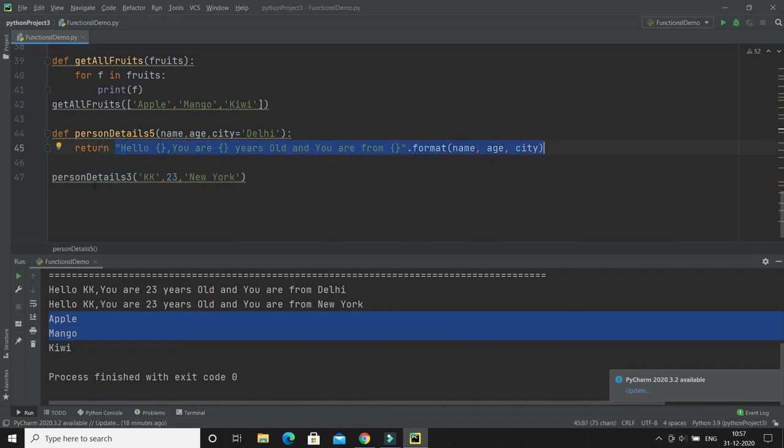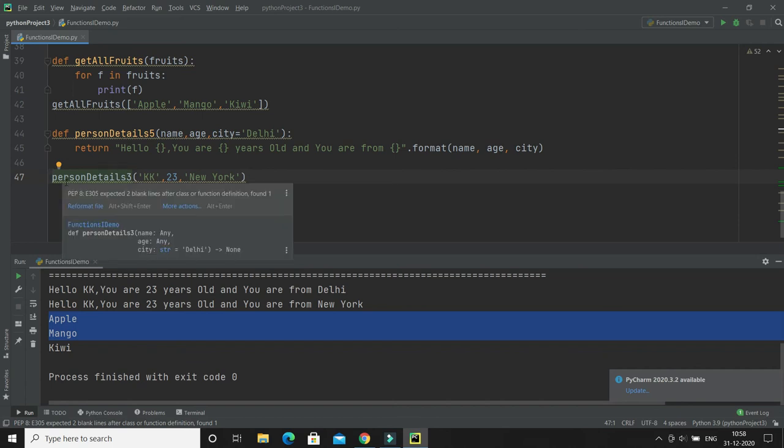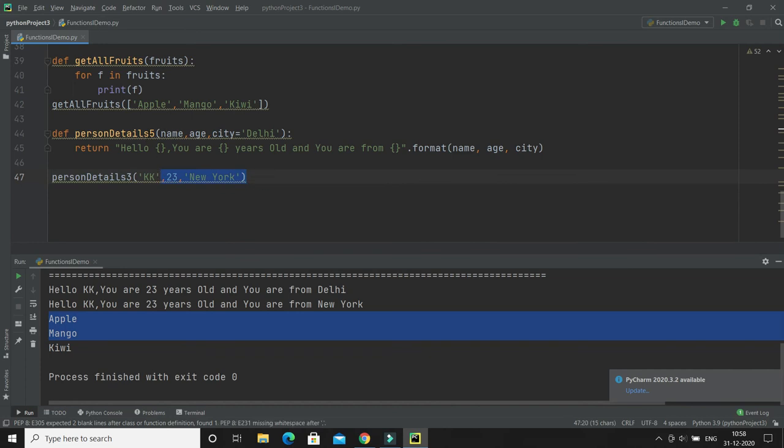And this string you need to put inside the print, or you can call this function directly from the print itself, so that the return value will be printed. Or second, you can store the result in some variable and print that variable. Both are the same. Now I'm going to call this and give the name as